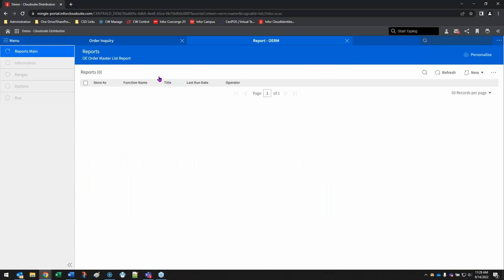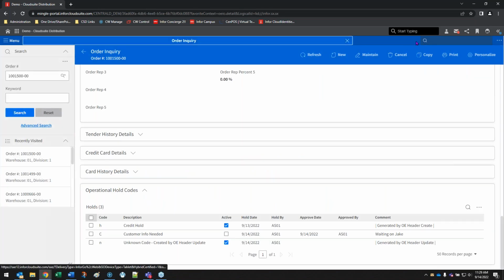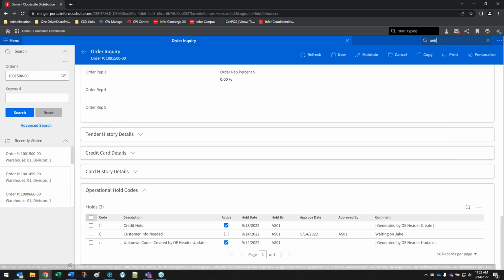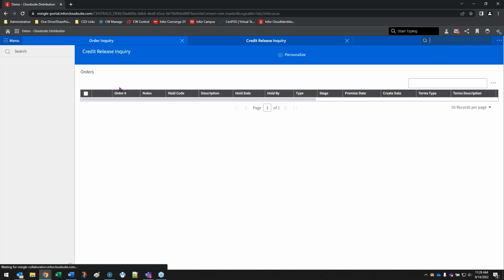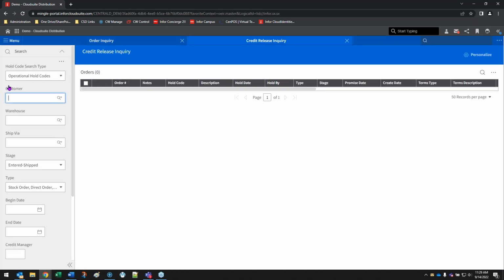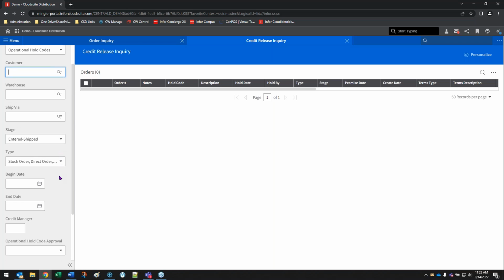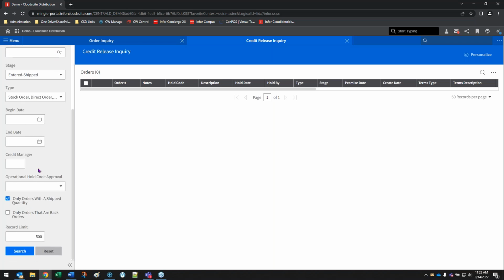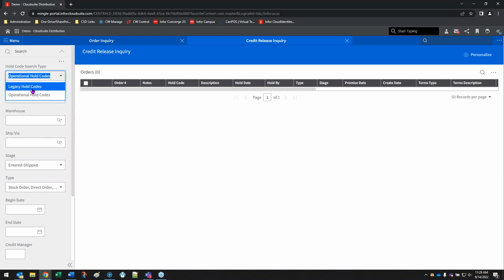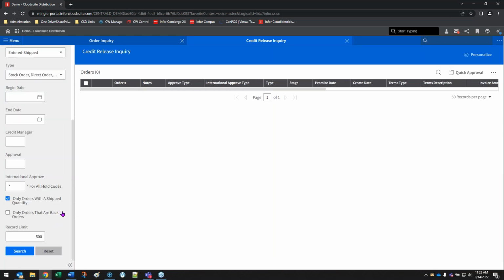So in order to get that order all the way through, we have to make sure that it gets approved. And so maybe my credit department starts working on their backlog and they come into the Credit Release Inquiry, and I'm going to work on my operational hold codes. There's a couple things here that change when we do the operational versus the legacy. Those who are familiar with the legacy hold codes will probably know and love the quick approval. So if I pop over to legacy, you can see how my quick approve shows up. And of course, that allows me to enter a specific order number and approve it